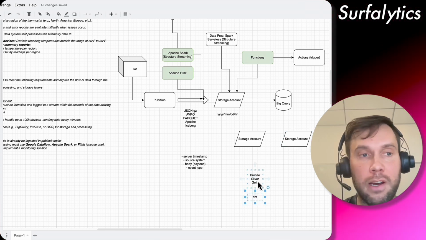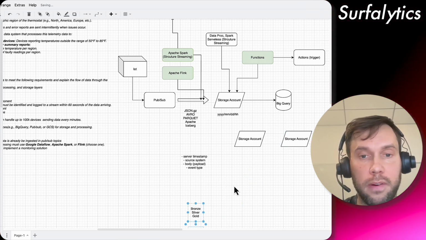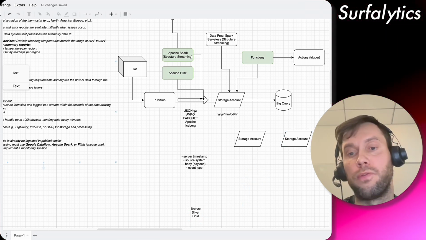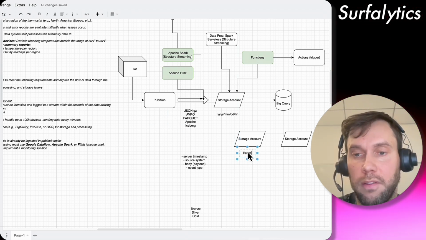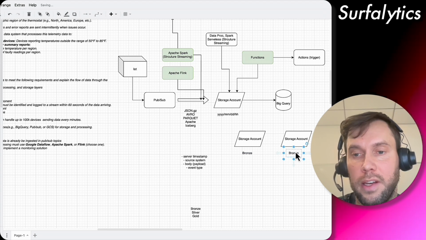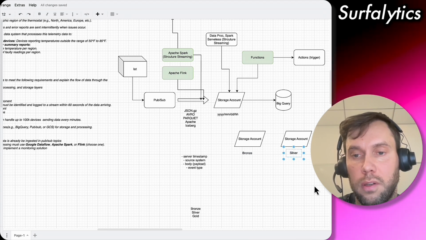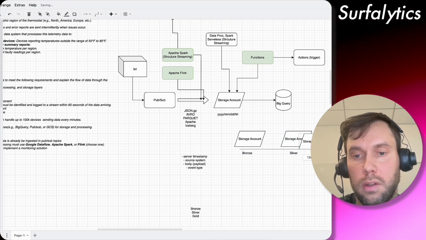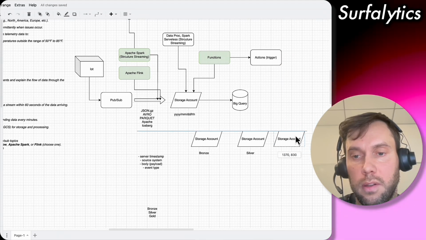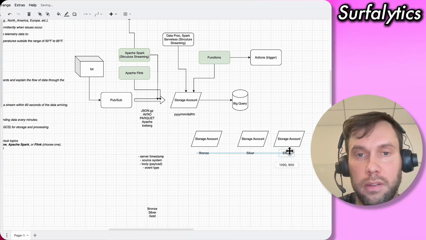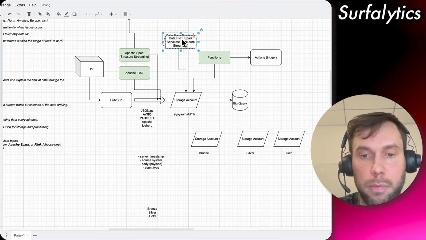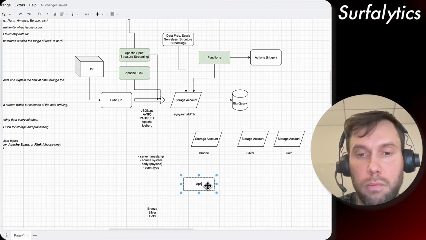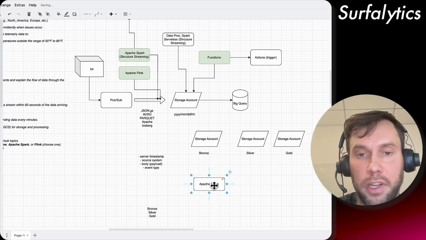It means we will have storage accounts or folders inside GCS that will serve as a bronze, a silver, and a gold. And I can use Apache Spark to move the data from here.